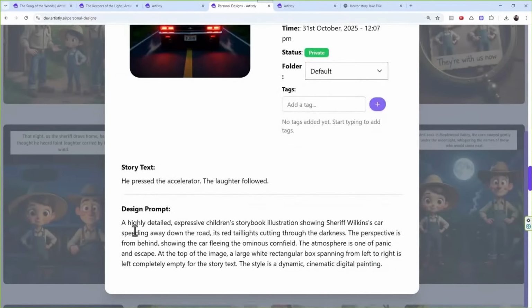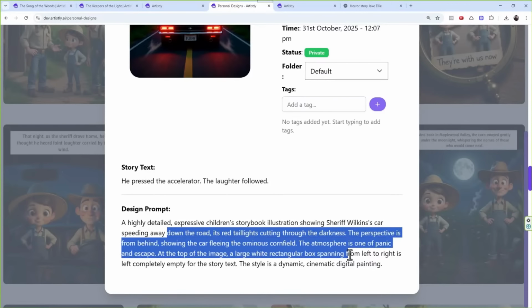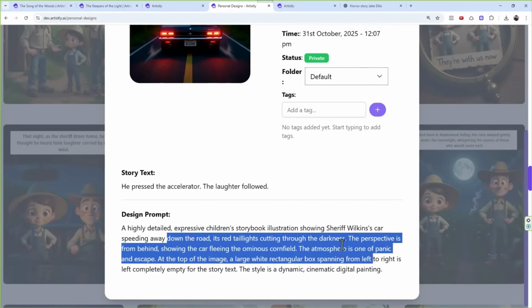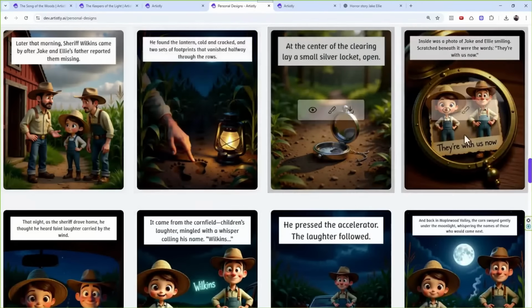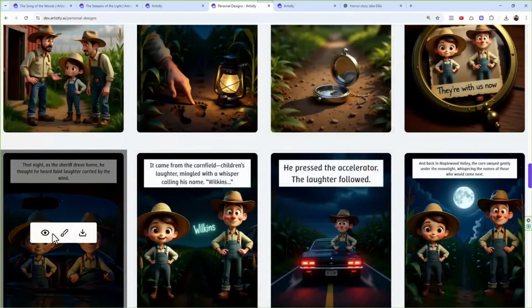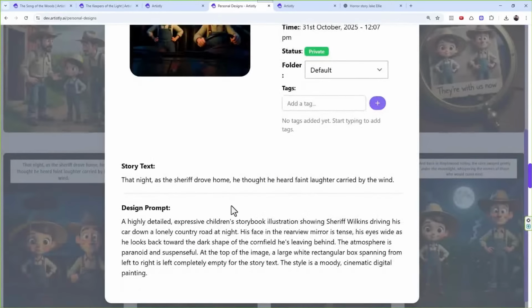Generally, if you see, that is why I guess it is getting confused a little bit. When you open this, you will notice that